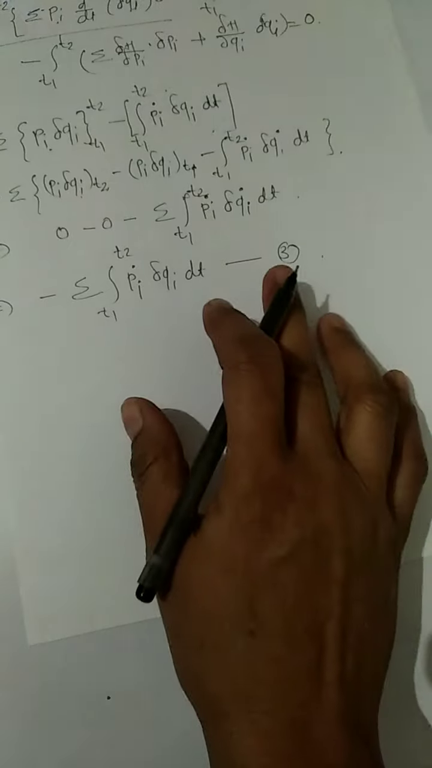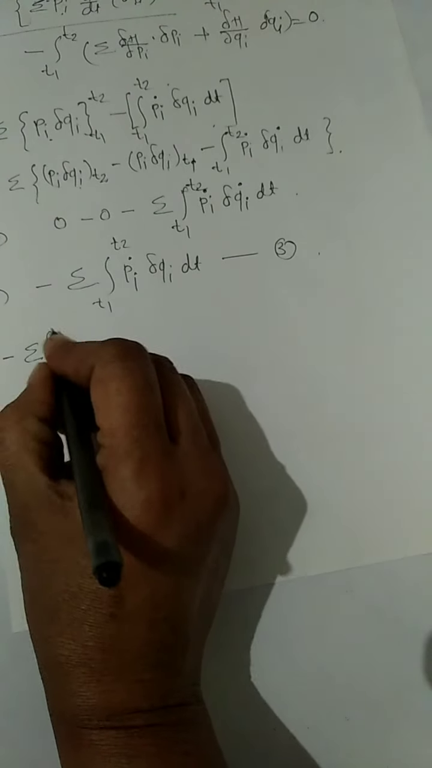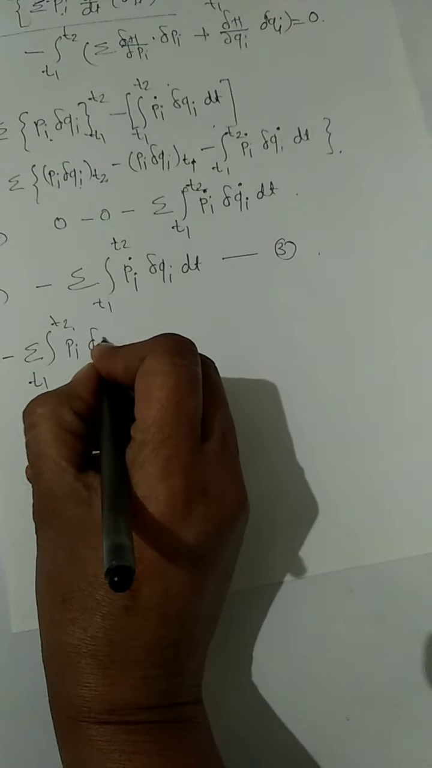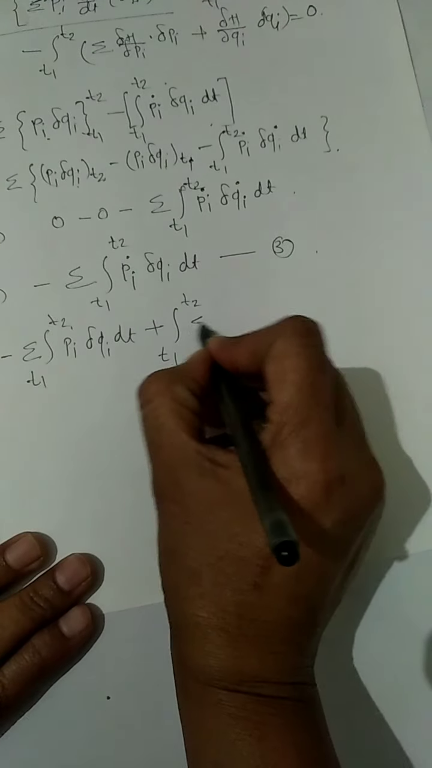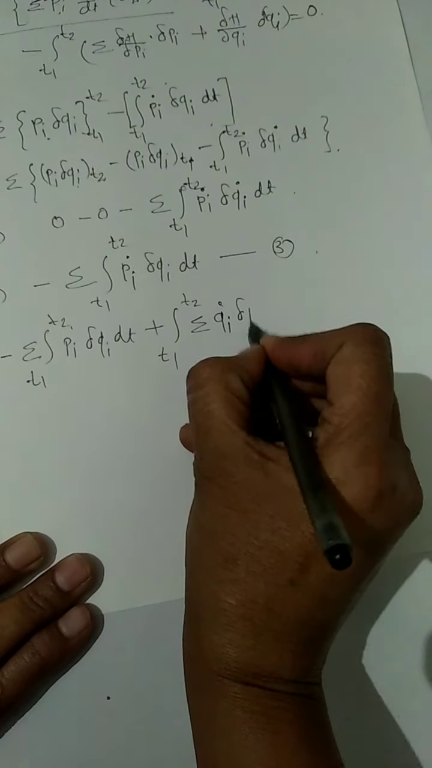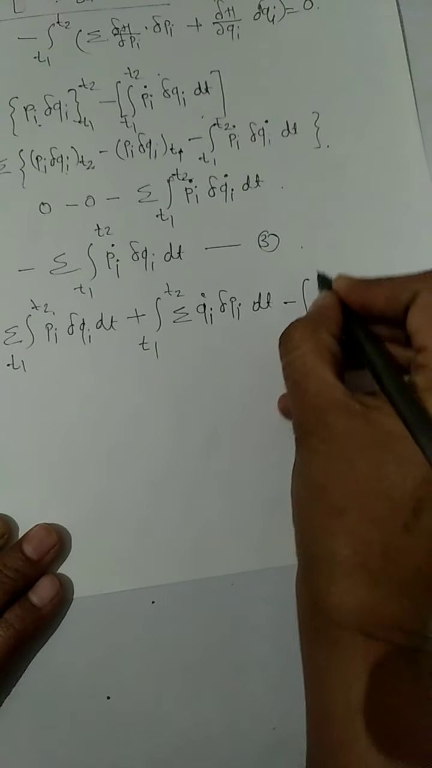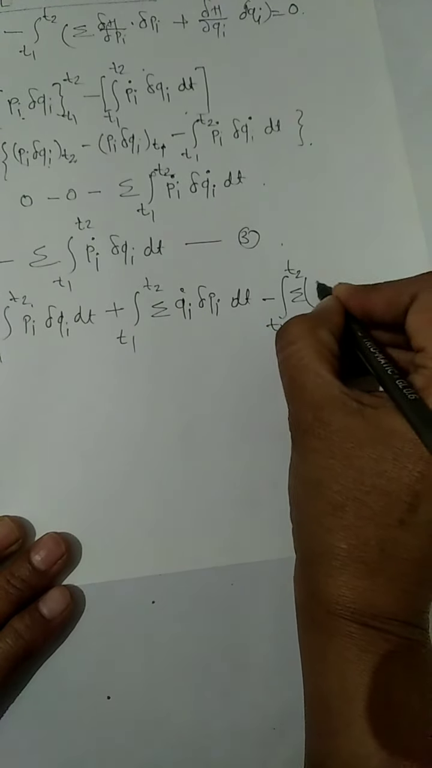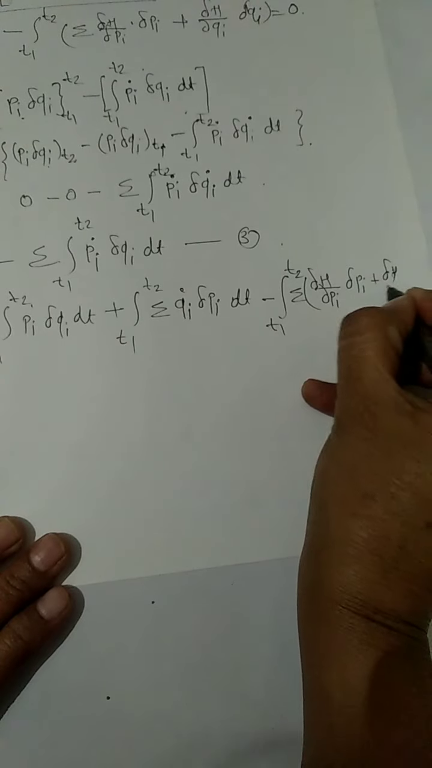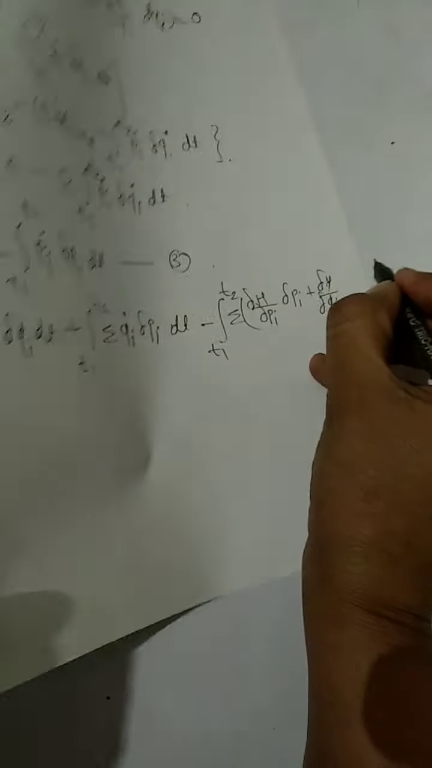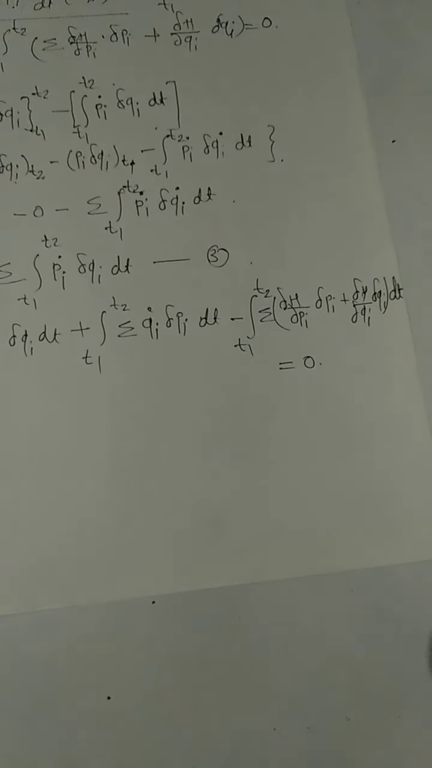From 2 and 3, from these, 3 and 2, we get minus summation of integral t1 to t2 Pi dot del Qi dt plus integral t1 to t2 summation of Qi dot del Pi dt minus integral of t1 to t2 summation of del H upon del Pi del Pi plus del H upon del Qi del Qi dt is equal to 0, and then